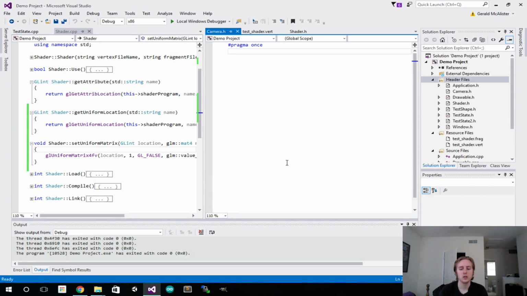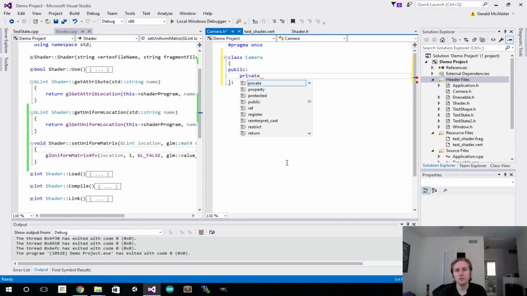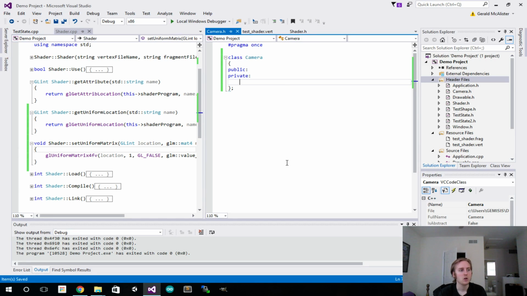So camera, to kick things off, is just going to be camera as the name. We're going to have some public stuff, and we're going to have some private stuff. So on the private side, we need to store a few different things. First off, we need to go up here, and we need to make sure we include the